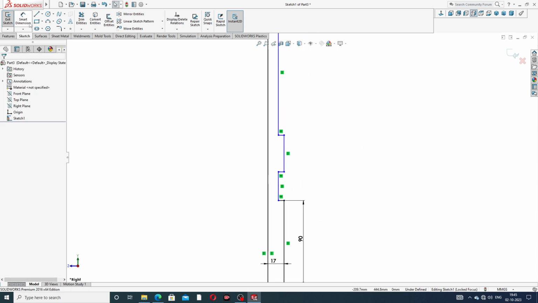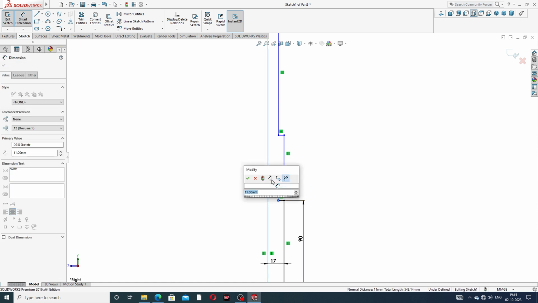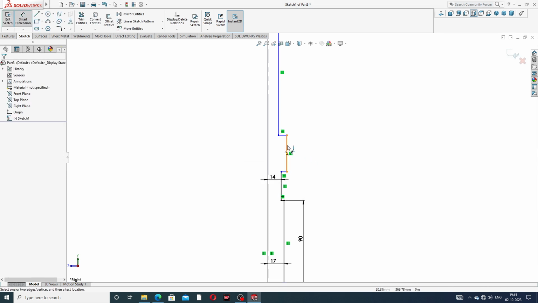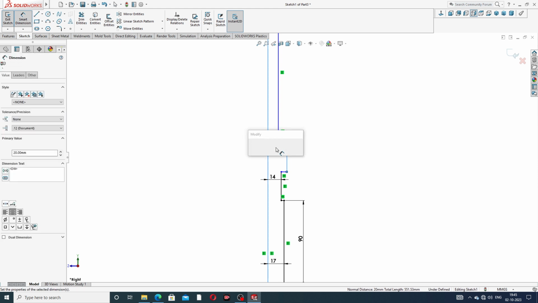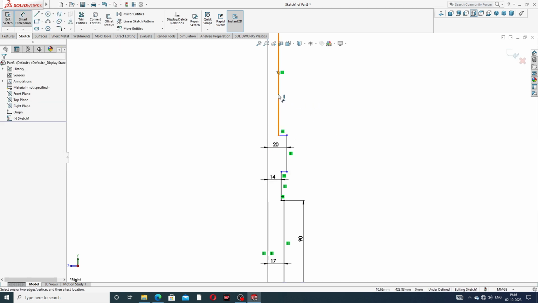and this use this is a 17. Okay, correct, and this use this is a 14, perfect, and this is a 20. Okay, and use this is a 12.